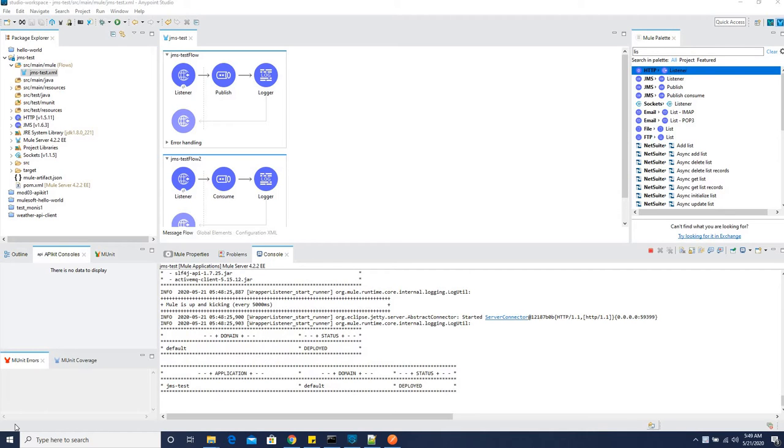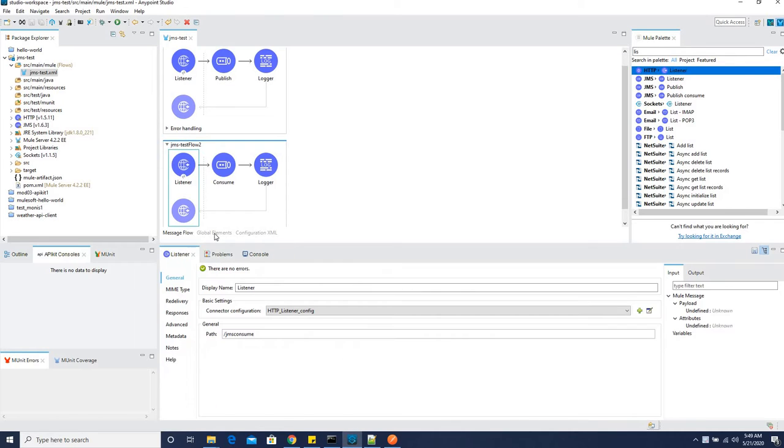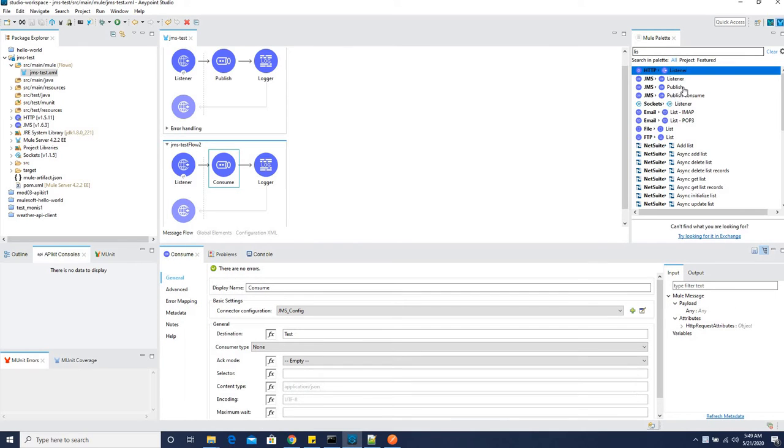Now in this part, we are going to consume the payload, consume the JMS message which we earlier published. So let's begin. This application is deployed. I just created another flow and added another listener, which is going to call this path JMS consume. And here I have used the JMS